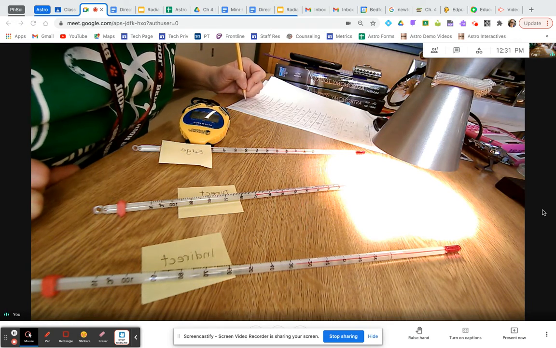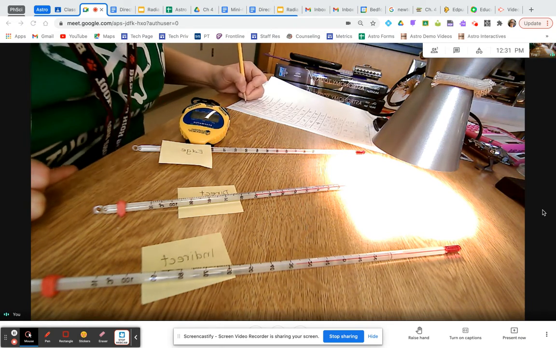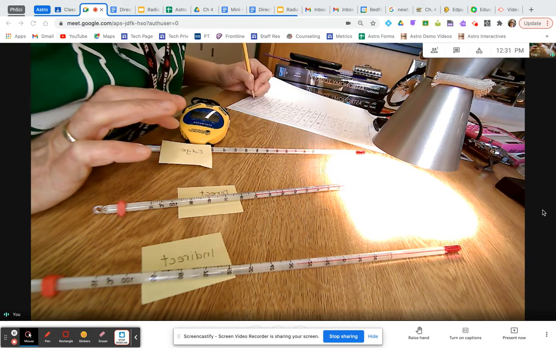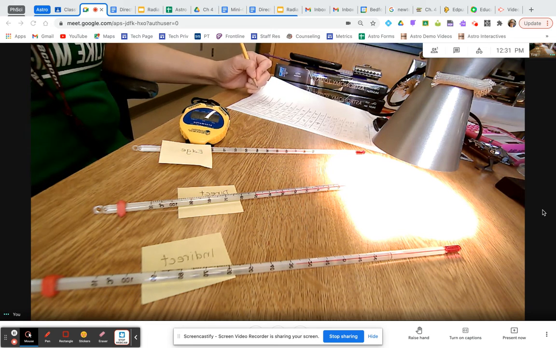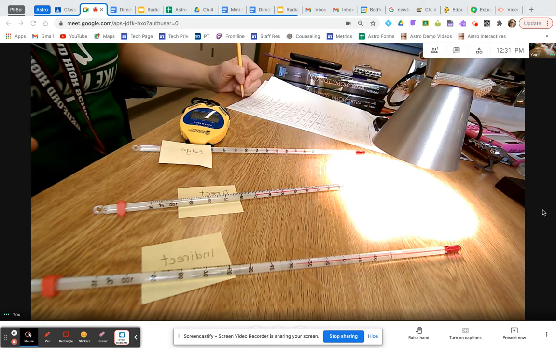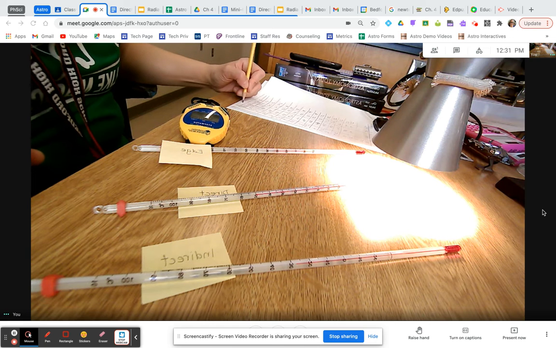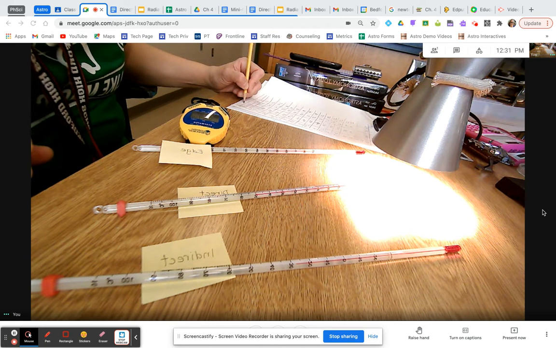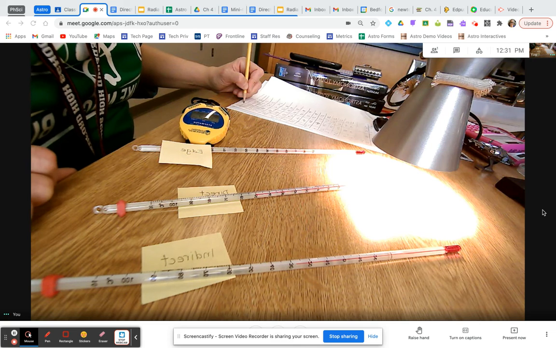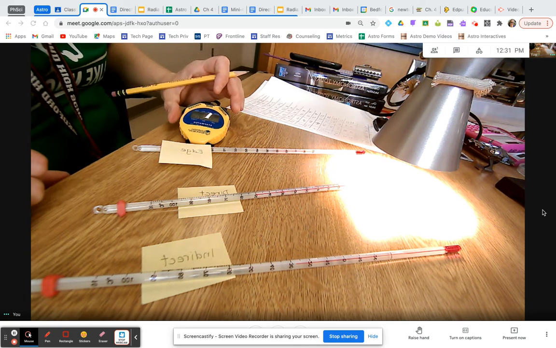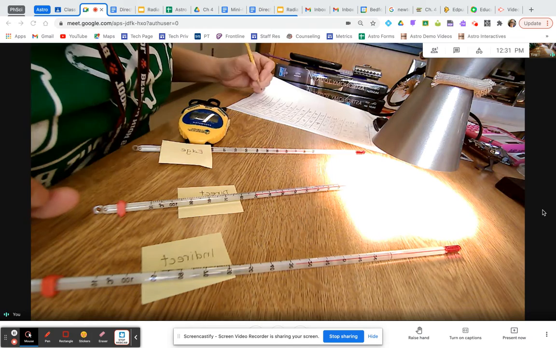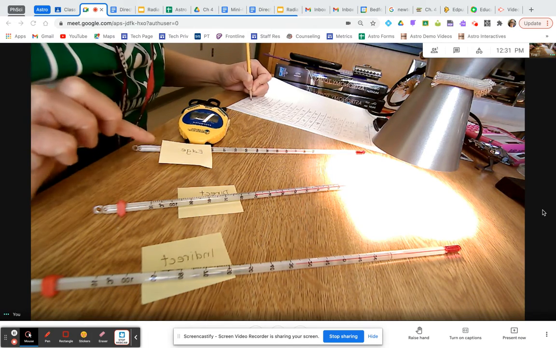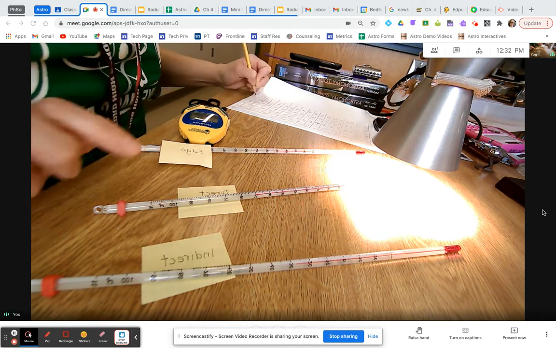At 9.5 minutes, we have a direct temperature of 50, edge temperature of 30, and indirect temperature of 27. One last data point, and then we're done. All right, for 10 minutes, we have a direct temperature of 50, edge temperature of 30, and an indirect temperature